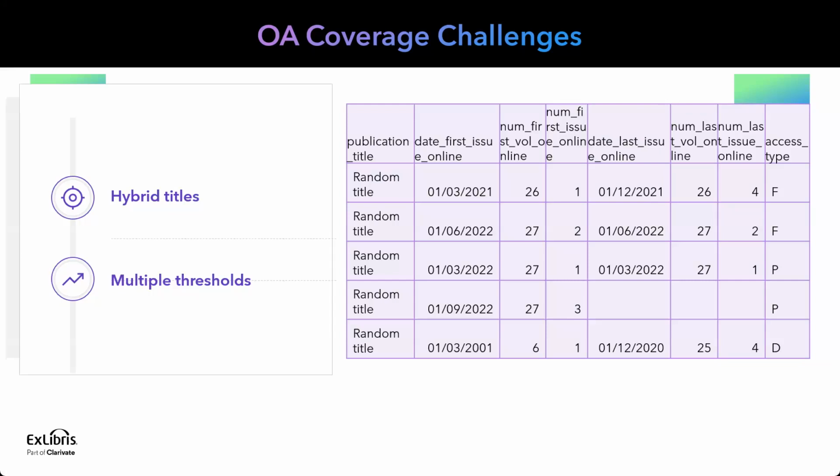Another solution is unifying the coverage statement. So for subscribed libraries, the threshold will indeed show only one line for this example. This solution requires development efforts and considering when the gap should be maintained versus when it should be unified. For this example, if there's an issue 26, volume 5, and it is not mentioned in the title list as a separate threshold line, it could mean that this specific issue is being hosted elsewhere and is not available on this platform. Unifying the coverage in such a case will give a false access statement.